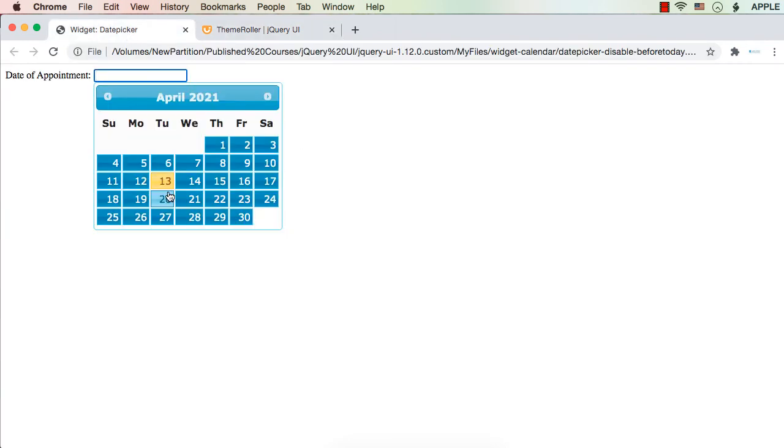Next, today is 13th April 2021 and I want to disable all the dates before 13th. That is, from here I want all these dates as non-selectable or disabled. So how can we do that? We can make use of the minDate option for that. MinDate is the option to specify the minimum selectable date, and also there is one called maxDate. The minDate and maxDate can be specified in three different formats. One is as a date object, second is as a number, and the third one is a string. We are going to make use of the number option.